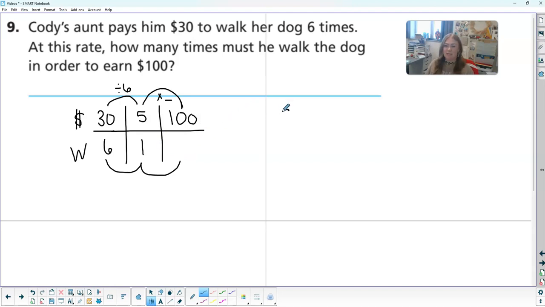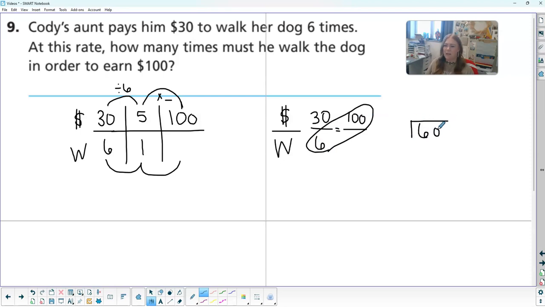The proportional reasoning strategy, so same thing, we take our money and we take the dog walking. So $30 for 6 times. And it wants to know how many times will they walk the dog to make $100. I put 100 on the top because that's where my money is. So I'm trying to get 100 by itself. So I'm moving it to the other side, which crosses those here. So 6 times 100 is